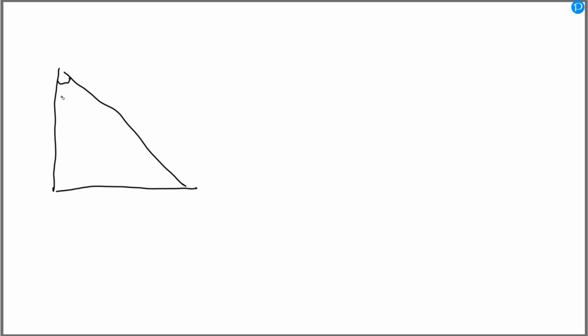This angle is 60 degrees. This angle is 30 degrees. So for this triangle, the hypotenuse has a length of 2. Then the leg opposite to 30 is 1. The leg opposite to 60 is root 3. Thus, the trig ratios